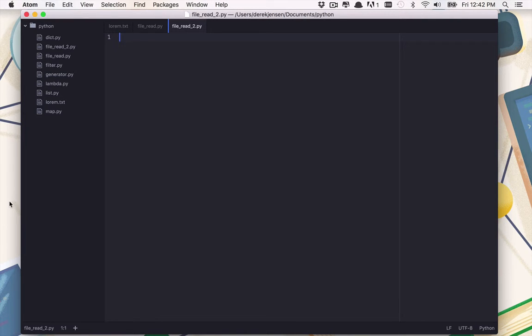So another way for us to work with this file is to read all the lines at once or read the entire file as a single string. Now, these options all kind of depend on how large the file is. If you're dealing with large files like the book War and Peace or something, you probably are not going to want to read them all in one shot because it's going to be way too big. It's going to take up a lot of resources. But if you're dealing with smaller files and you know that you can open them in a decent way and store them in memory, then it's fine,